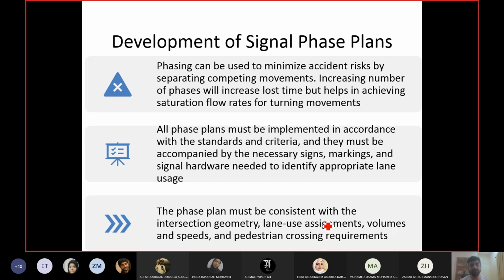For big intersections, you will see more phases and different lanes. Lanes are separated, and if the intersection has only one major highway, then that major highway should have more time, and only that highway may have separate phases for turning. Pedestrian crossing requirements, we talked about in the previous case as well. They also include providing crosswalks, for example, and checking the signal timing.